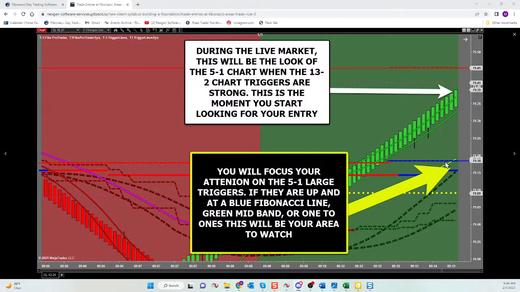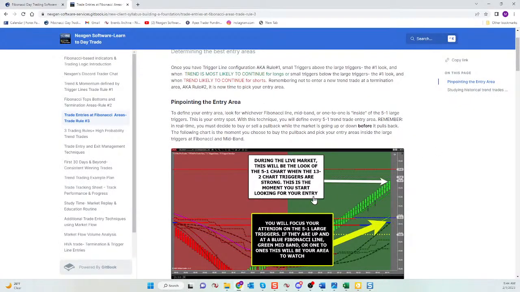And we're going to identify the areas that are falling within them as they come up. Fibs, Fibonacci support or resistance, mid bands, or 1-to-1s. And it can be any combination of the 3. It could be just one of them on its own. But we always take trades from an area. An area is going to act like a backstop to help you. So with everything going up, with our areas identified, with our trigger lines strong,